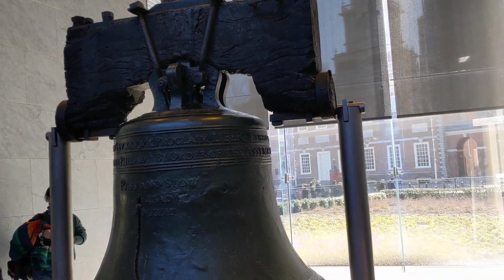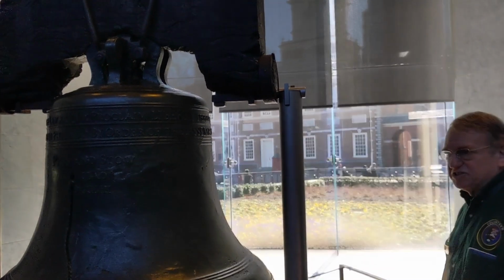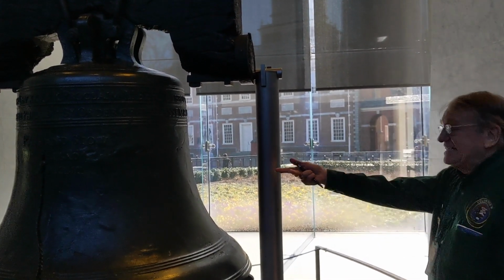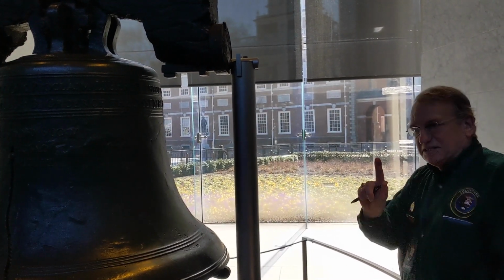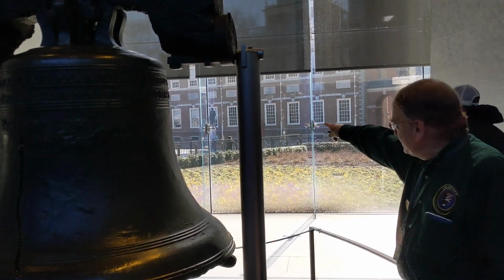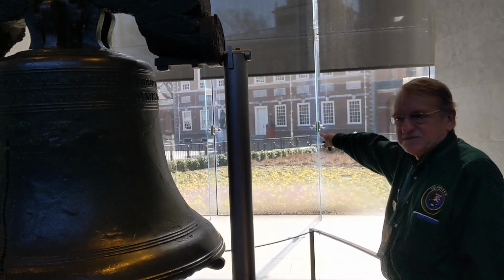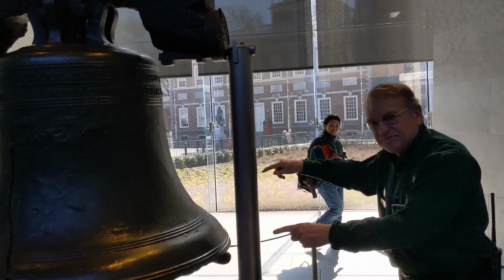But it's still a relic of the American Revolution. This bell rang in July of 1776 to announce the Declaration of Independence. So you can't throw it away. So what do you do with it? Well, they put it in a museum. And the best place to put it was right down in that room, in the same room where the Declaration of Independence was signed. They put it on a platform, they put a little gate around it,